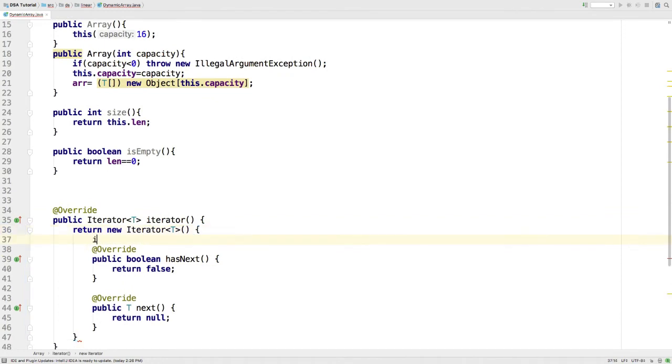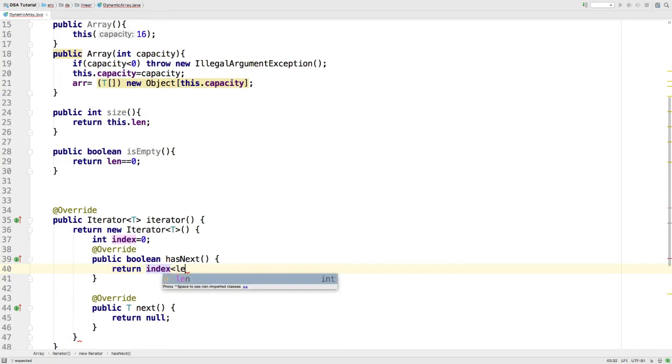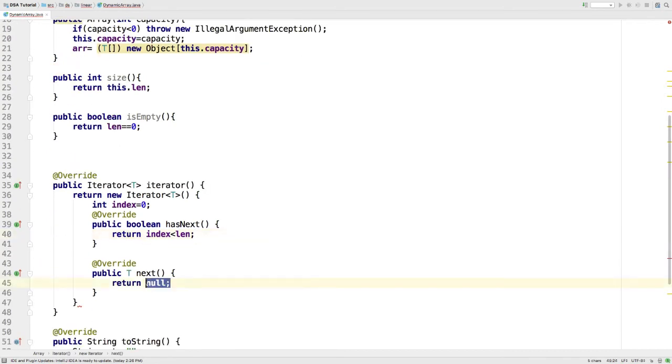Inside this, I will take an index, start it with 0, and for the hasNext method, if the index is less than the length, then there is a next element, and next will actually return that element.